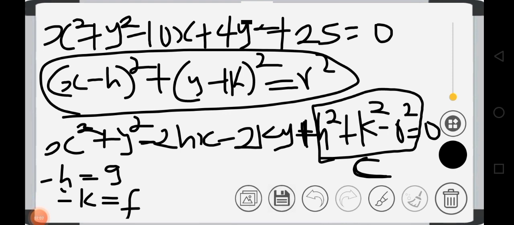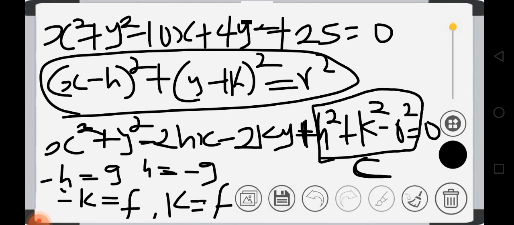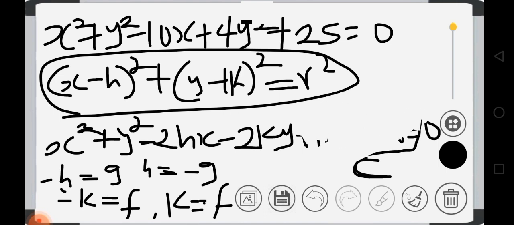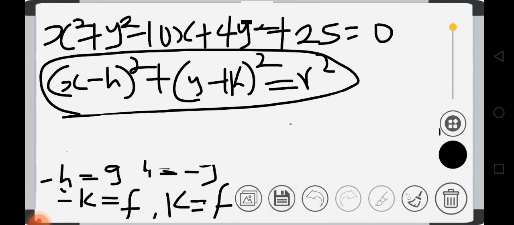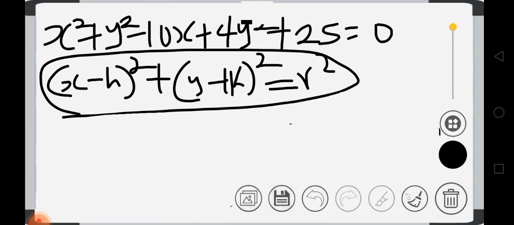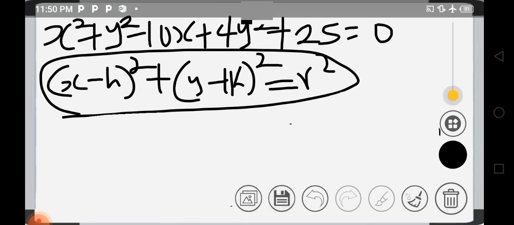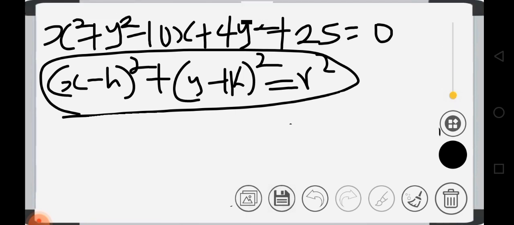If you represent this one by g, that also means that h is equal to minus g, and k is equal to minus f. That's what I'm trying to say. So minus h or minus k, you just represent by those equivalent terms. Remember I said this one will be c, although we'll go back to that place again. Let me first of all explain the center before we go to the radius. So you're going to have x squared